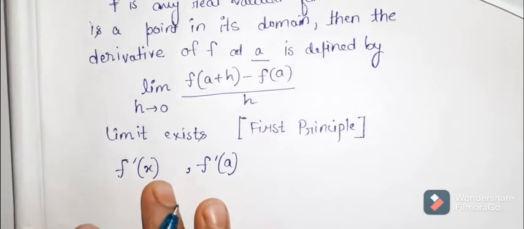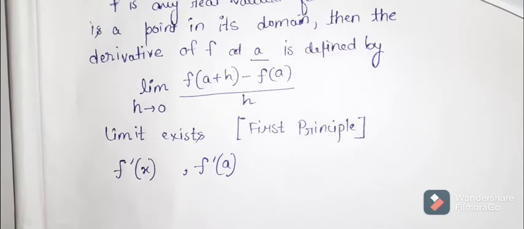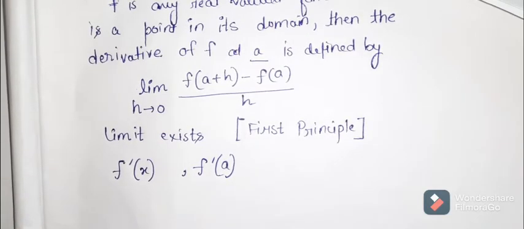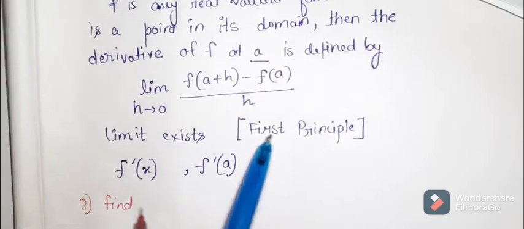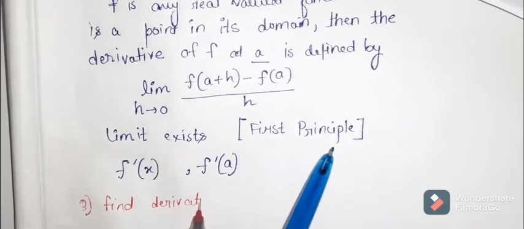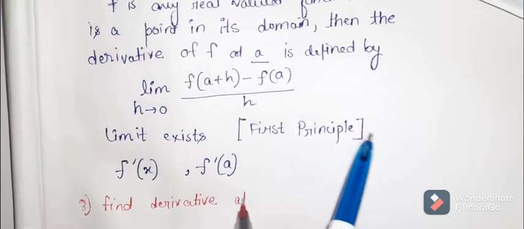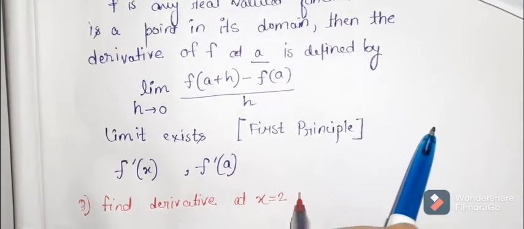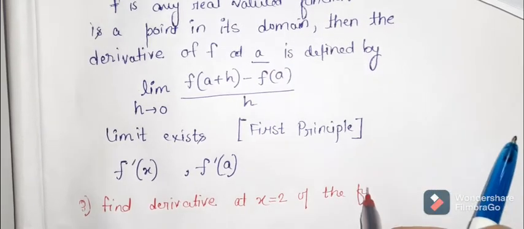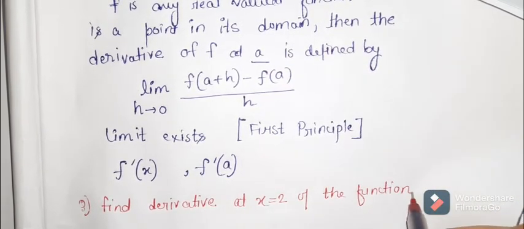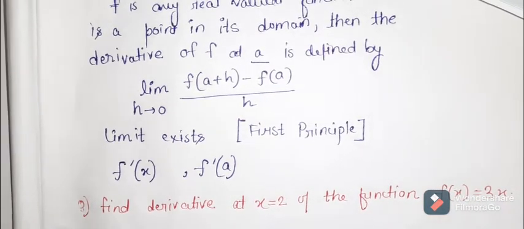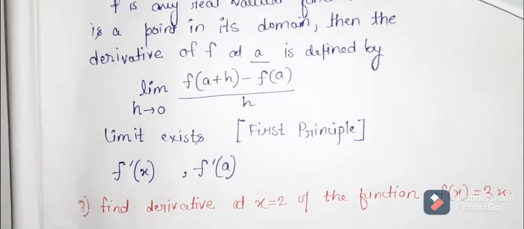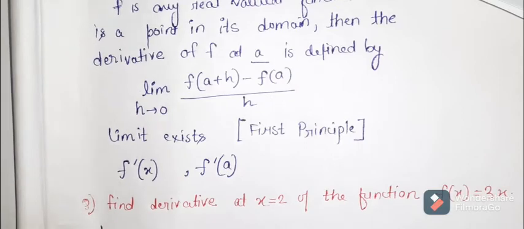Okay, next, the best example, a small example we will do. To find the derivative at x equals to 2, find derivative at x equals to 2 of the function f of x equals to 3x. So our function is f of x equals to 3x and at which point we have to find, x equals to 2. So our formula is,